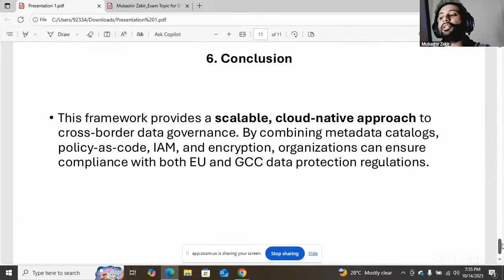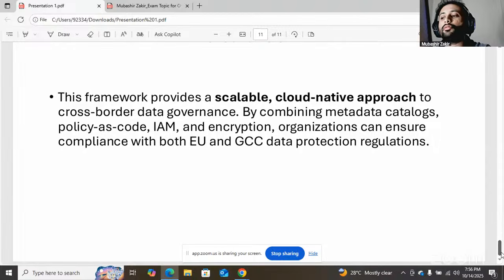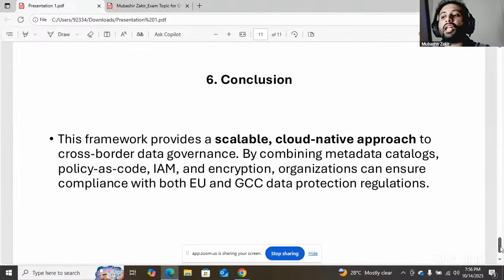So, in conclusion, this framework provides a scalable cloud-native approach to cross-border data governance by combining metadata catalogs, policy as code, identity and access management, and encryption. Organizations can ensure compliance with both EU and GCC data protection regulations. And the most important thing is that it is a cloud native approach.